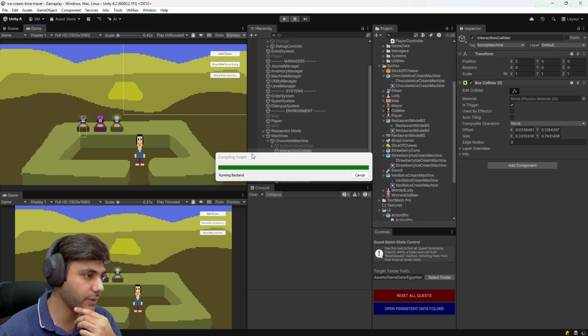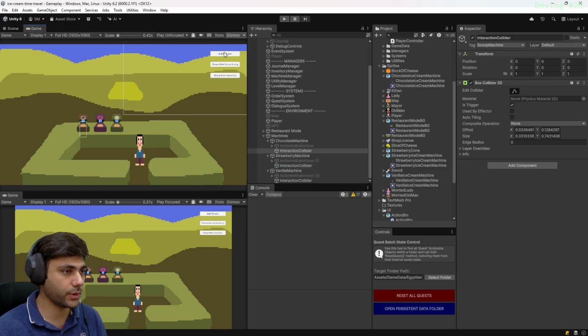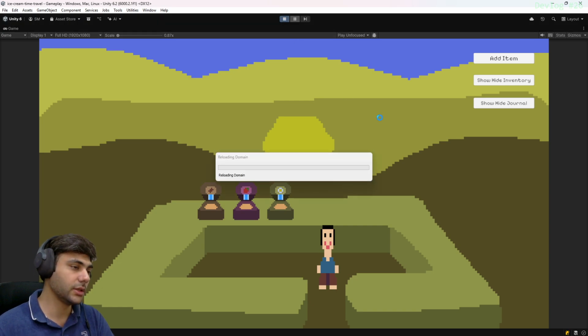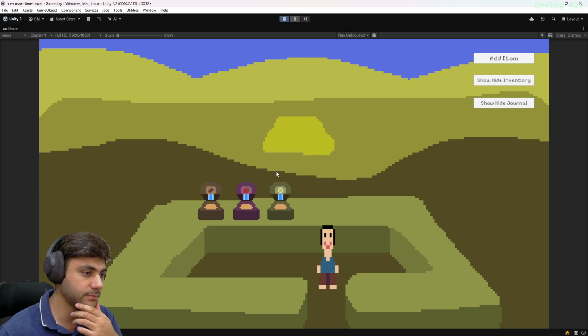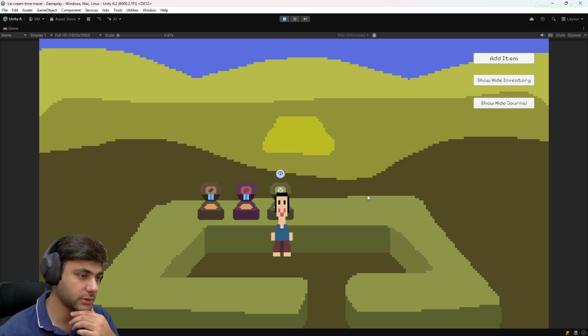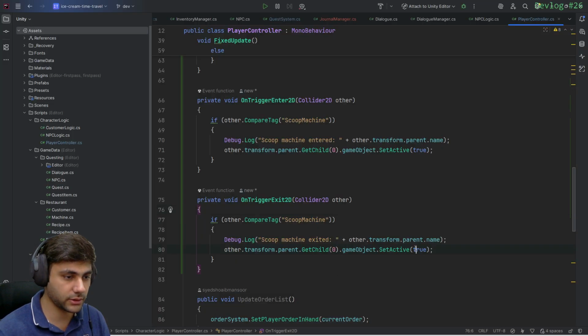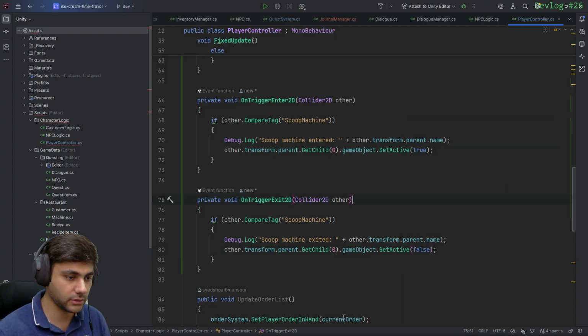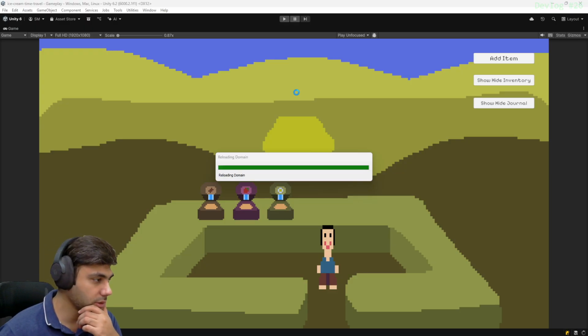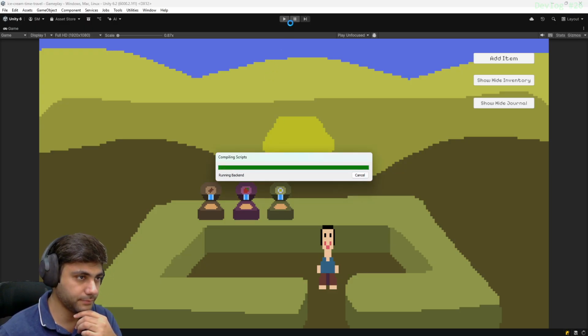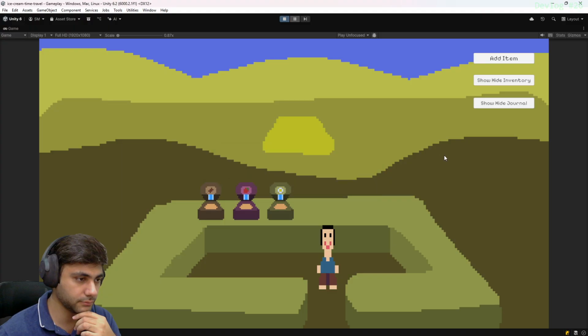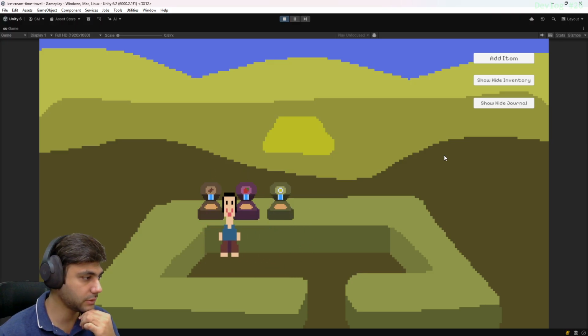What this will do is whenever we interact with the ice cream machine, it will show us the action button. Did I not change this to false? So now we can see our